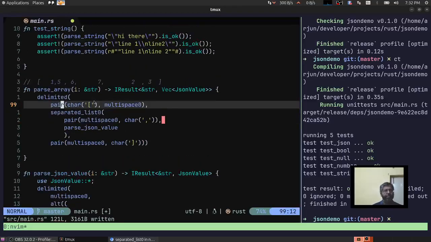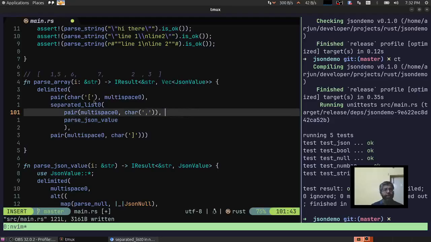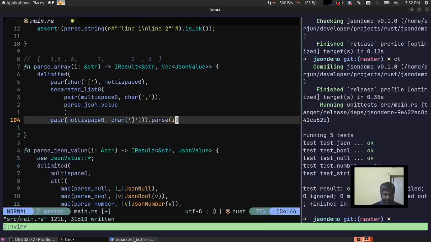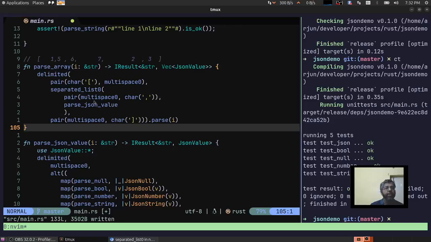So we have bracket with 0 or more spaces, and then we have the separator which is 0 or more spaces and comma. Then we have a JSON value, and then we have multiples of them, and after that we have 0 or more spaces and bracket. So this should be the right thing, and we should write parse I, and this is the Parsec. So at least it compiles,